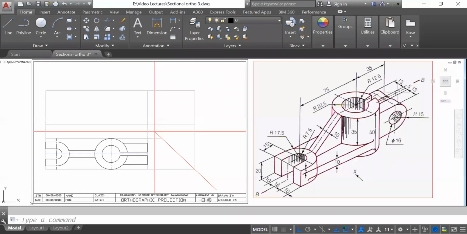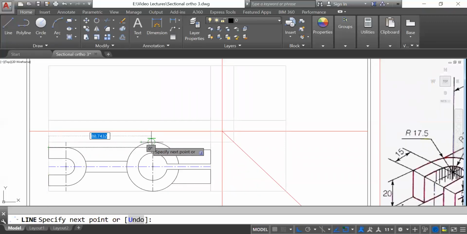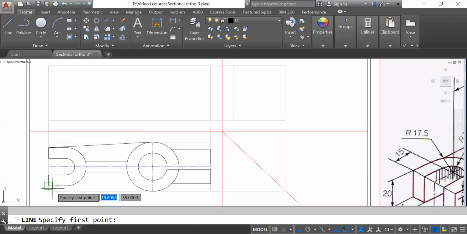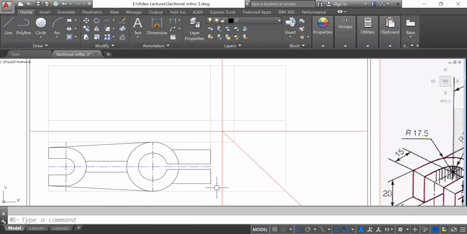I think it is covered now. This front top view is covered. So the only thing remaining is this part, this to this. It is starting from this corner and ends with a tangent to this particular cylinder. As you know, whenever circles are required to be joined, it is always required to join as a tangent. So I will join here tangent. Okay. Then from this corner to this. So the top view is almost completed.